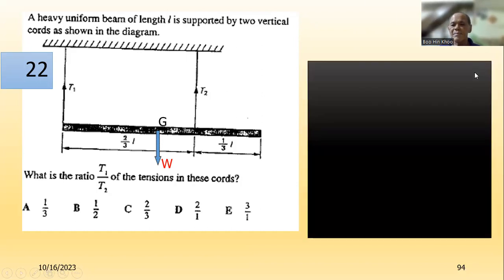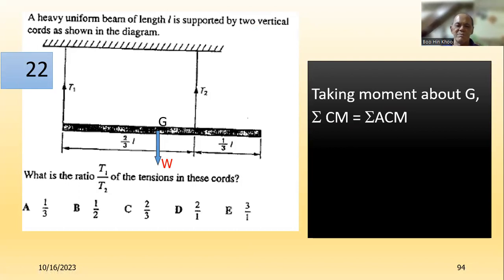Okay. So we are interested in the ratio of T1 against T2. Right? 3 places we can take a moment: about here, about here, about here. No point in taking any elsewhere because there are only 3 different forces. So when we take moment about center of gravity, we don't have to worry about this weight because it's not given. Okay, we want T1 over T2. So taking moment about G,